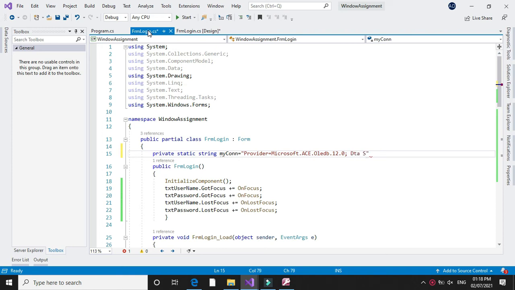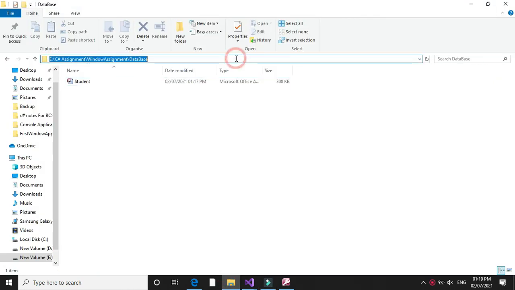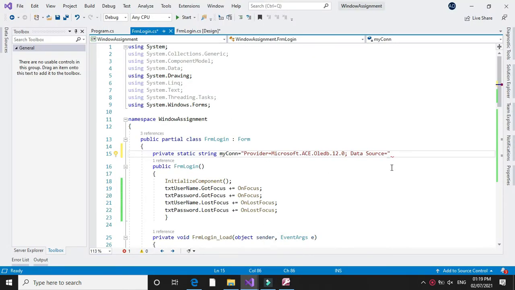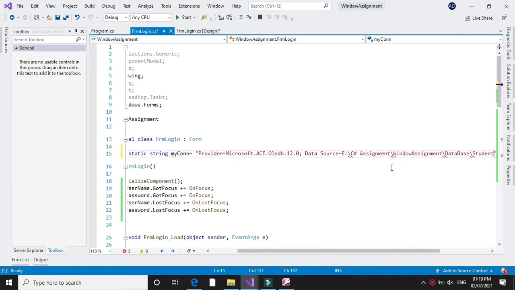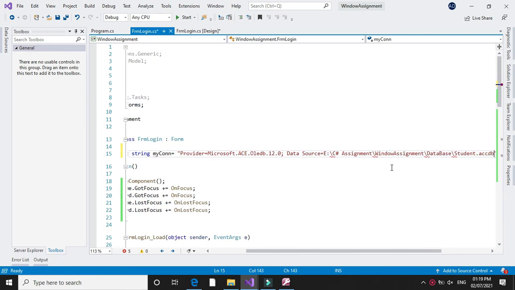Then data source. Here we are going to specify our database with its location. I will select the path here and I will give here student.accdb. Here give a backslash.